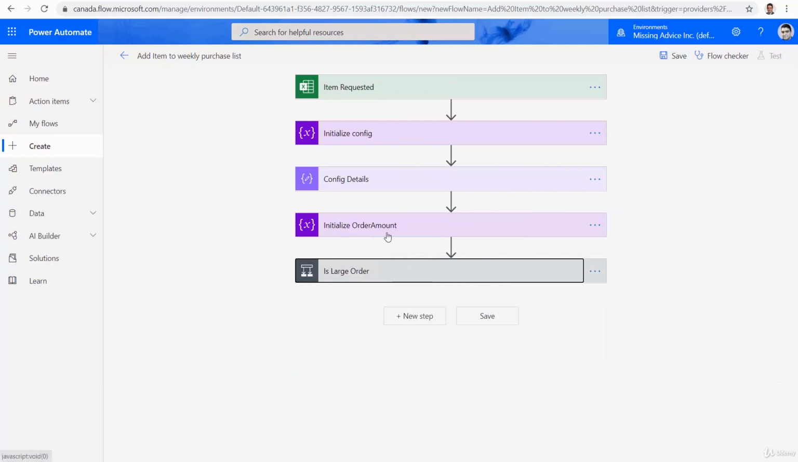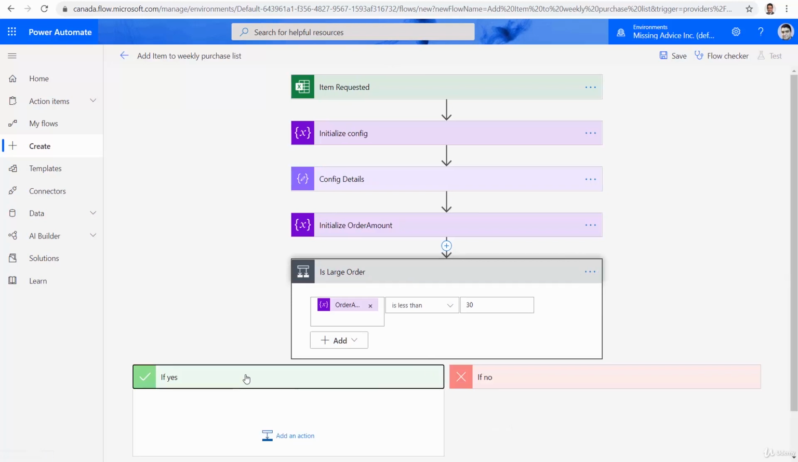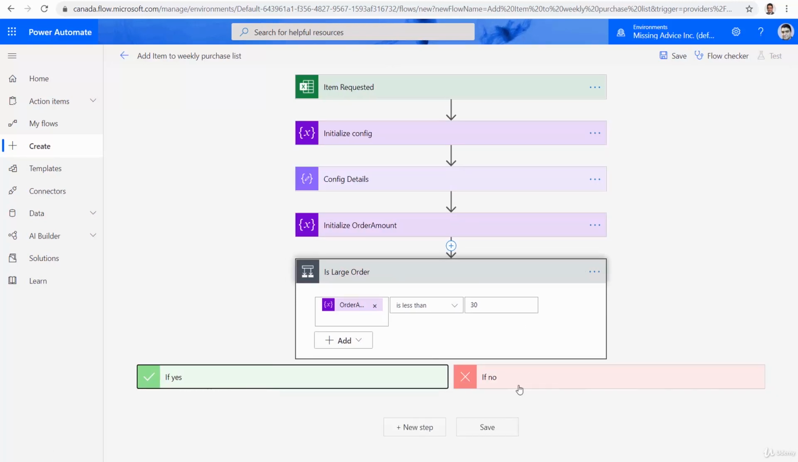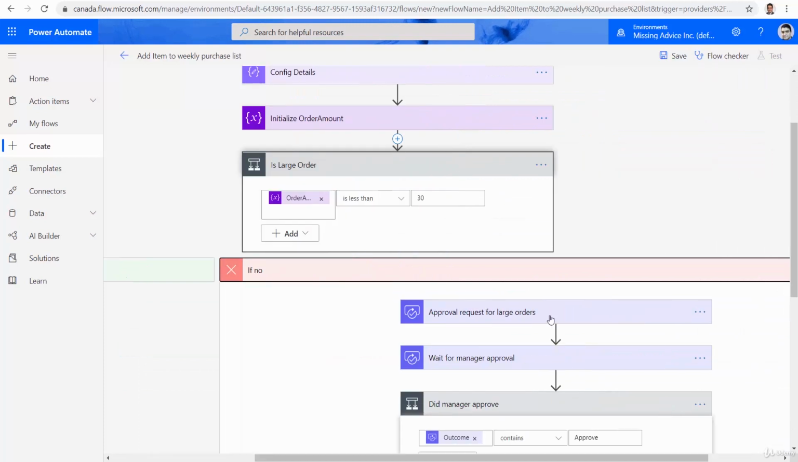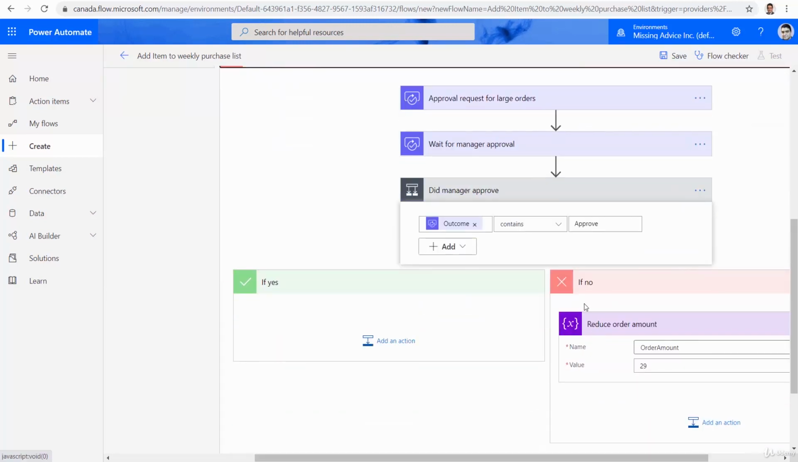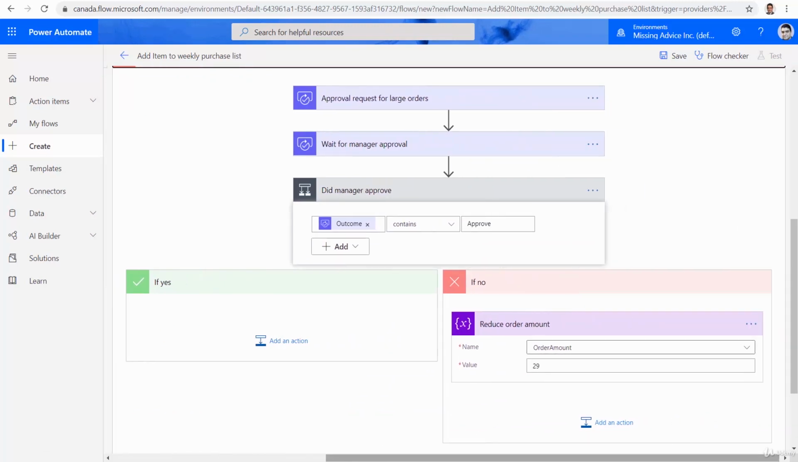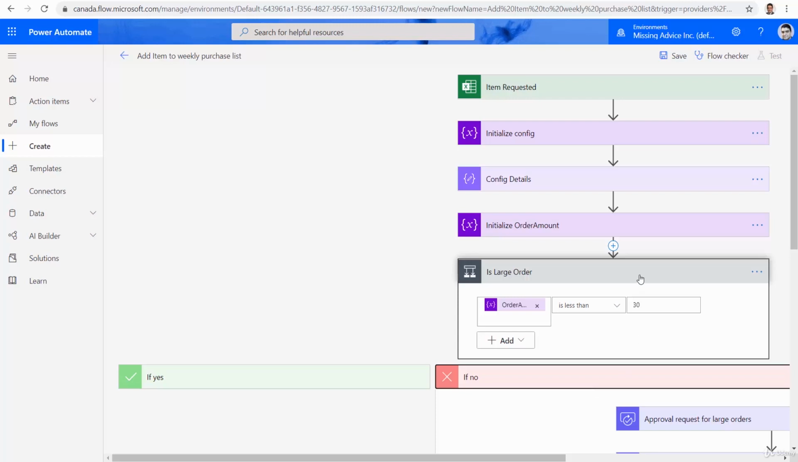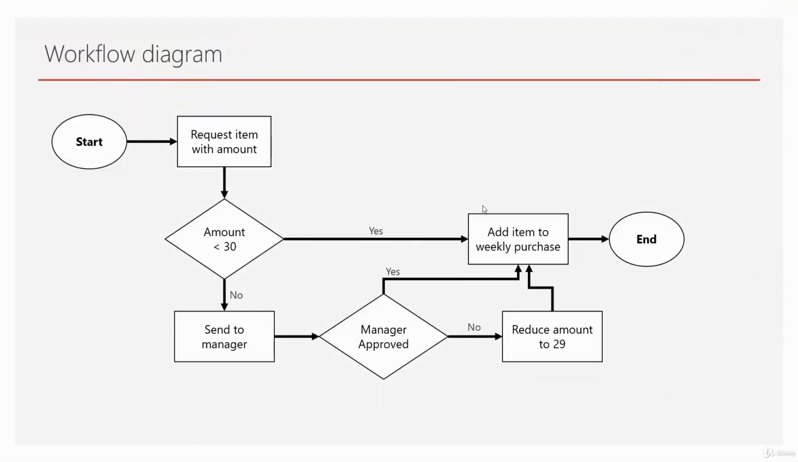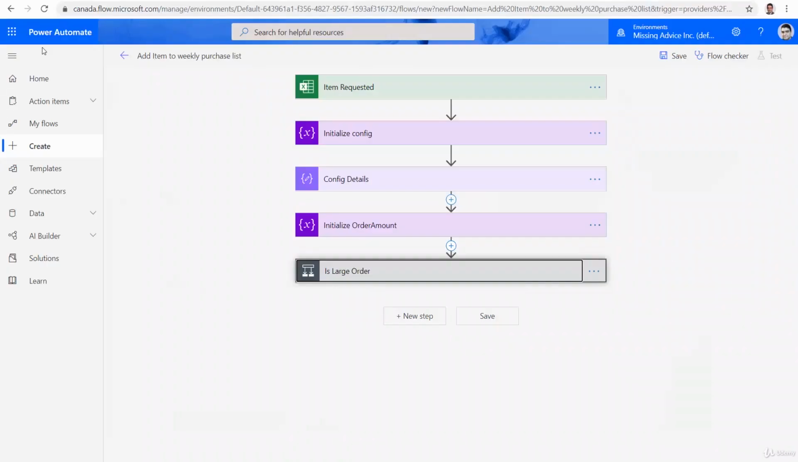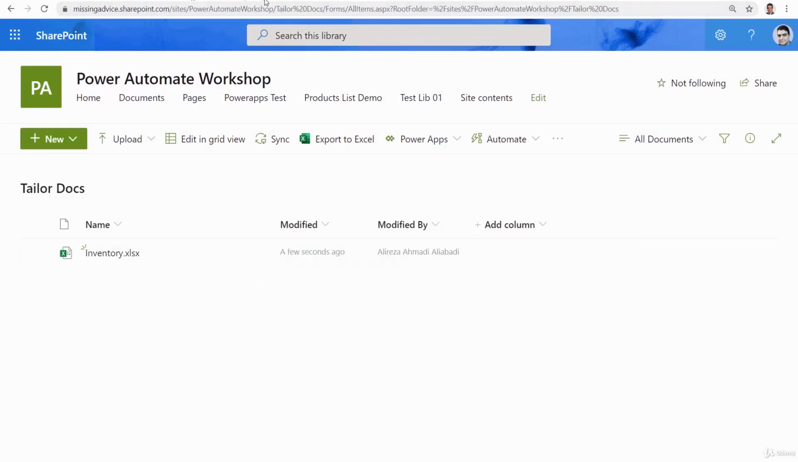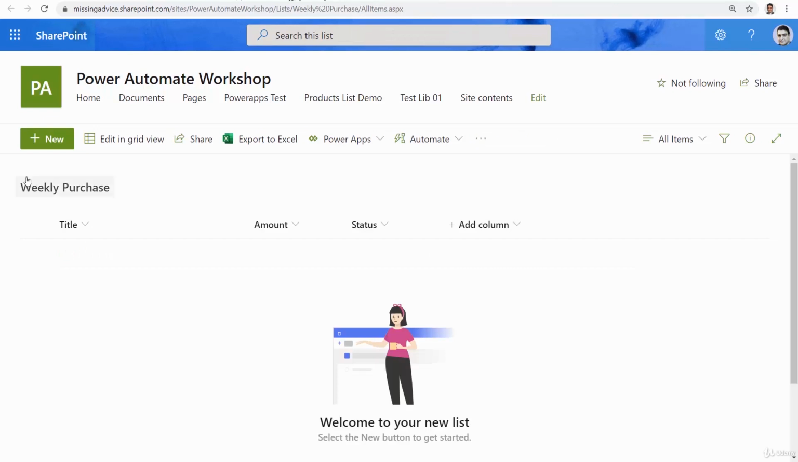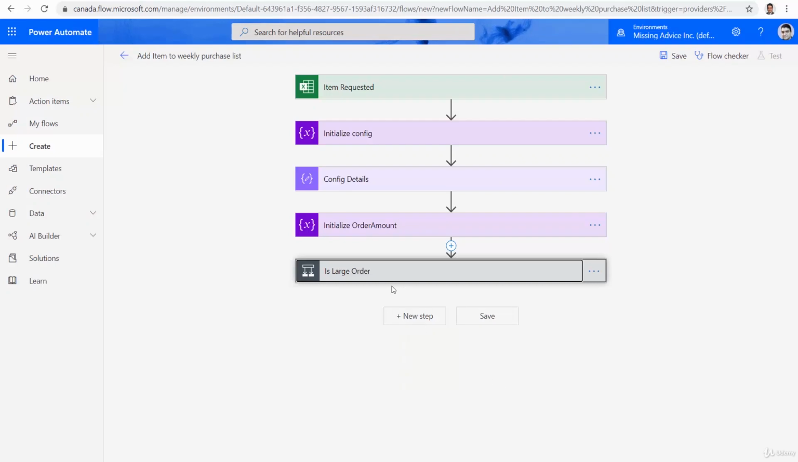Let's see. We'll receive the request. If it's a large order, if yes, we don't do anything. If no, we send it to the manager for approval. And if his approval says no, we just set the order amount to 29. All done. We need to go to the last step, which is add item to the weekly purchase. And that weekly purchase is here. Weekly purchase list. Inside SharePoint, so we go back to the flow, and now we need to add one